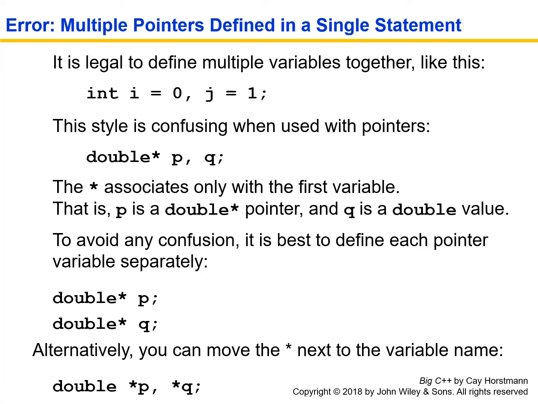Okay. Another common error is to define two pointers in a single statement where you type double *p, q. The star actually doesn't go with the word double, it goes with the letter P. So what this does is create a pointer called P and then a normal variable called Q. You could use that syntax by saying double *p, *q, as shown at the bottom of the page. But probably the best way to handle pointers is to just declare each one separately. double *p; double *q;